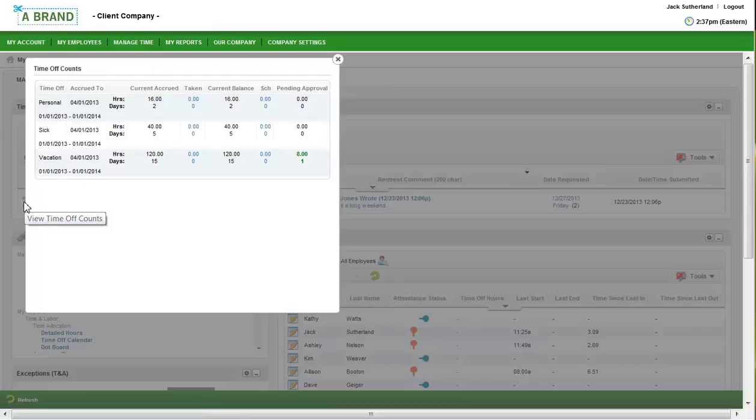And from here, he can see if Casey has a positive balance. Now remember, we have the color coding feature, so this is an easy way for the manager to identify if the employee has a positive balance. So now that Jack knows that Casey does have enough time authorized for this request, he will need to find